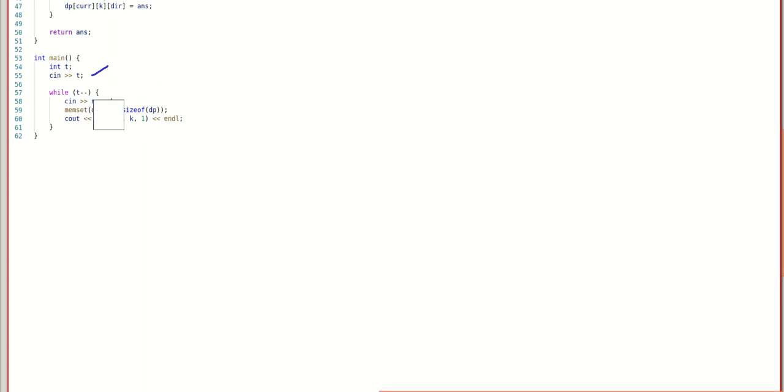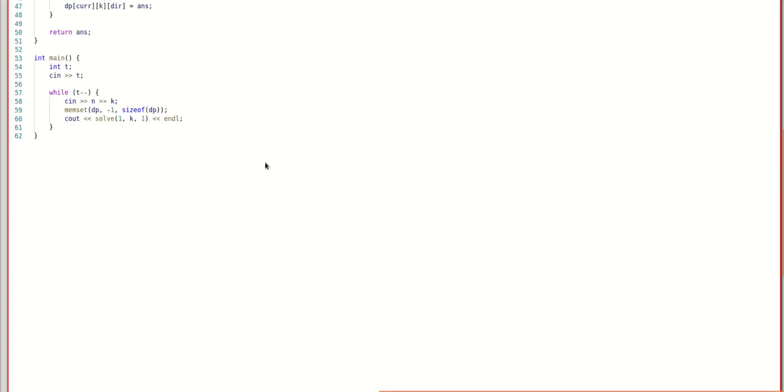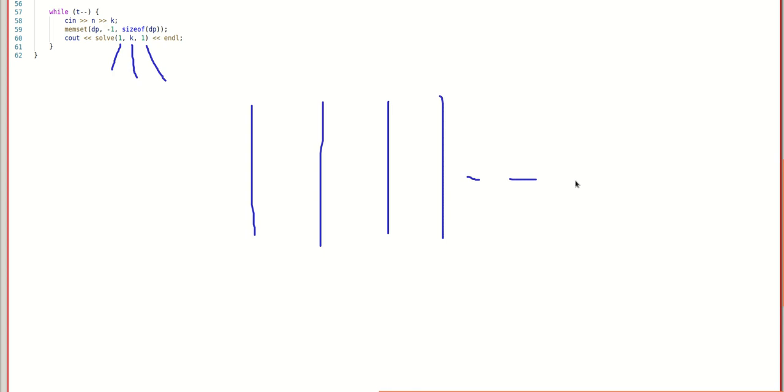Now, we are calling this solve function. I will explain this, so let us quickly see what we will be calling. This is 1, k and 1. So why 1? See, initially, say there are many planes, thousands of planes, but initially, as you already know, the person will send a particle this way, and as already given, the decay age of this particle would be k.